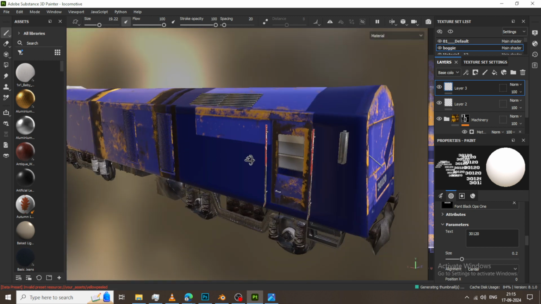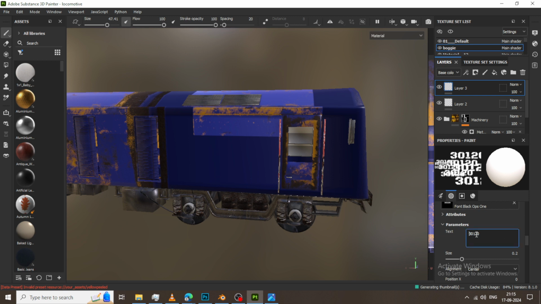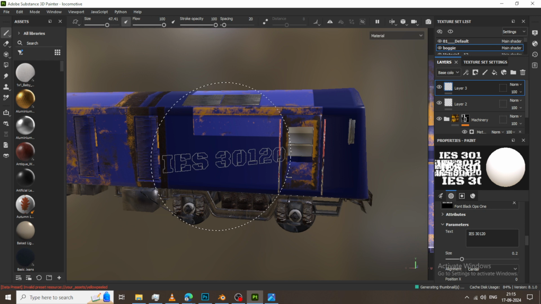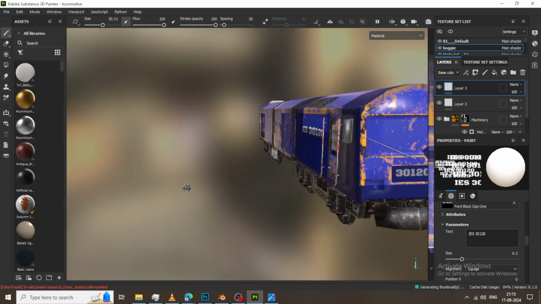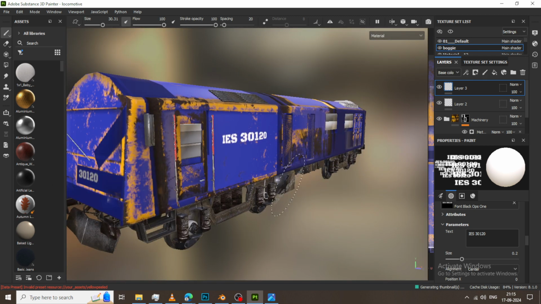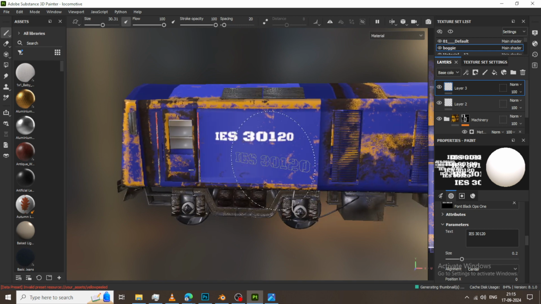Again I'll increase the size, then reduce the size, and let's assign it in this way. So once it is done,